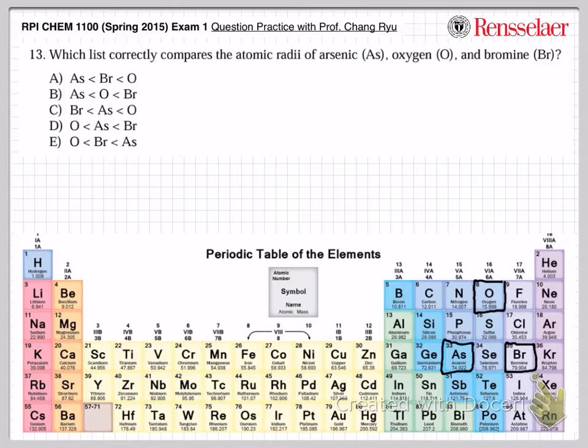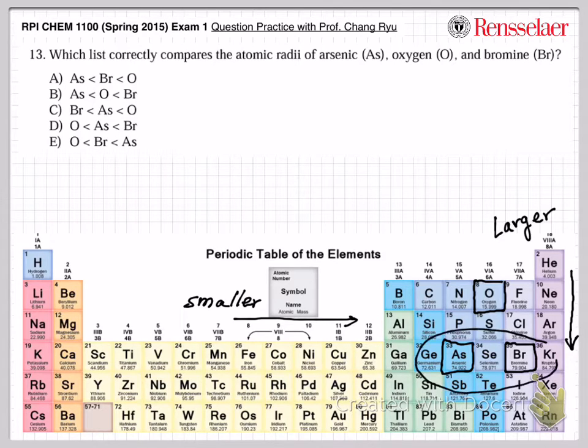So the way this one works out is, as you move from the top row to the bottom row in this direction, there is an increase in the atomic radius. So atomic radius becomes larger going this way. And when you move from left to right, the atomic radius actually becomes smaller. So comparing that, these two will be larger,